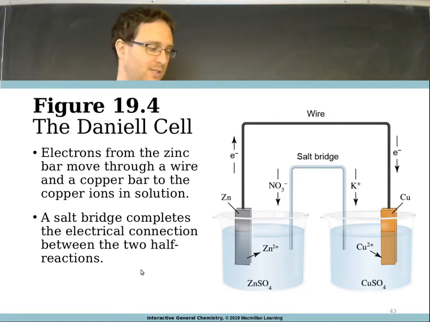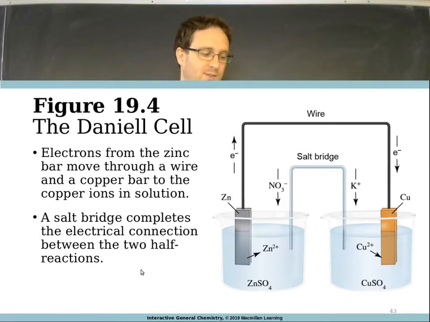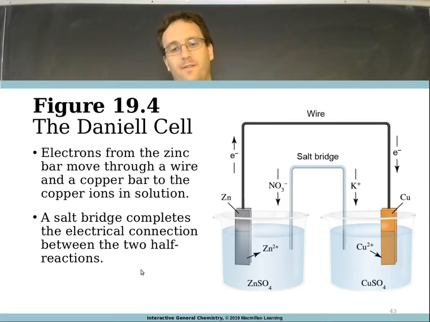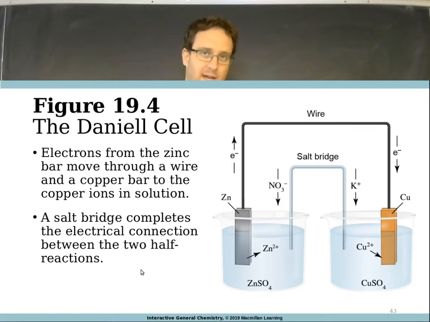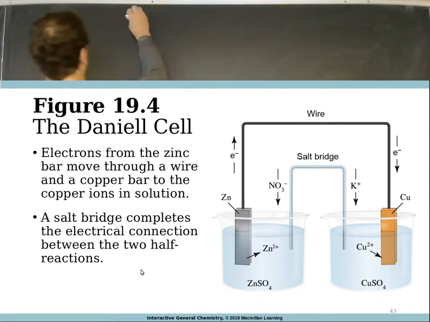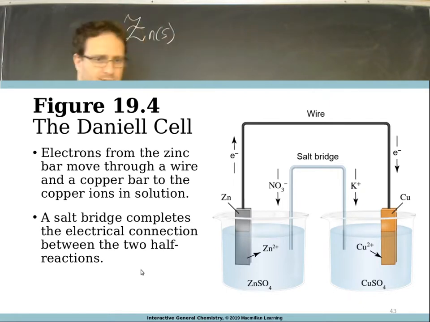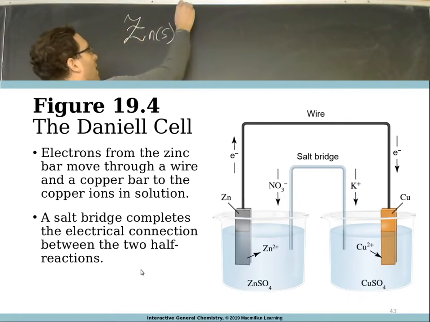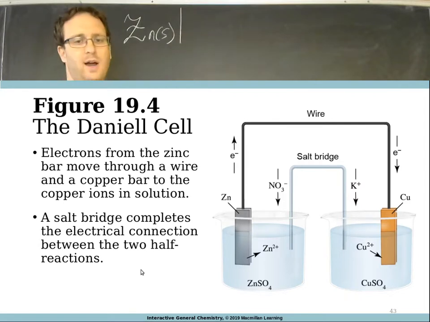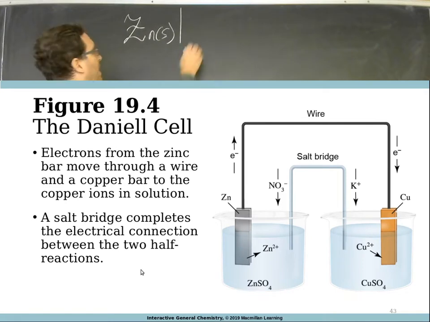The way to do cell notation is to start with the anode and just kind of work through the different phases of matter or the different components of your voltaic cell until you get to the cathode. In this case, our anode is zinc solid, so we will write that. Zinc solid. So that is the anode. And then we'll draw a vertical line, and that vertical line represents a phase boundary. There's the zinc solid and then a phase boundary to the